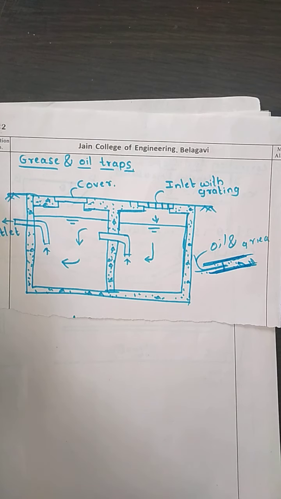In addition to this, the presence of oil and grease in water increases the possibility of explosion in the sewer line. As the oil and grease are there, it develops a gas inside, and if even a small spark is generated, it has the capacity to cause an explosion.